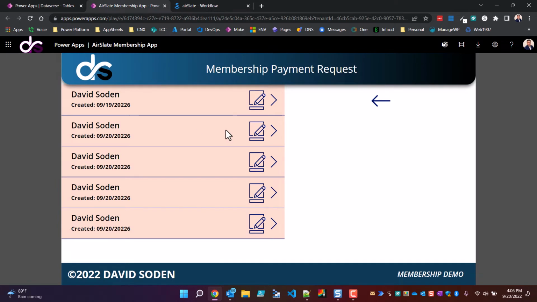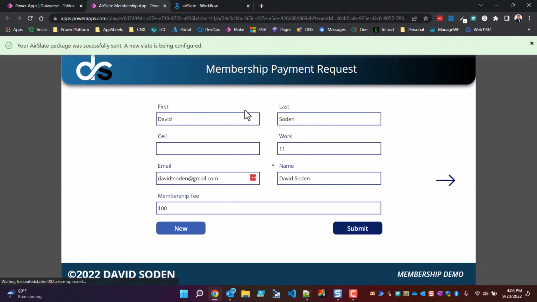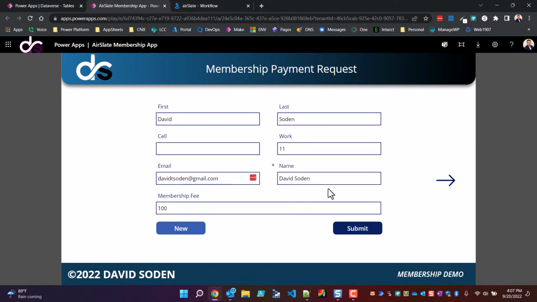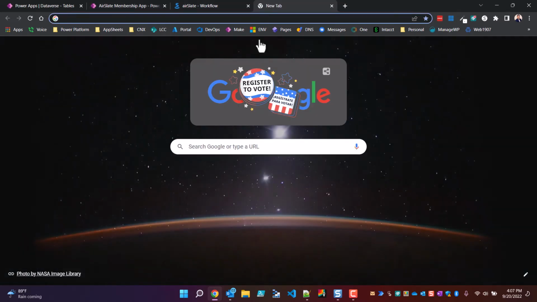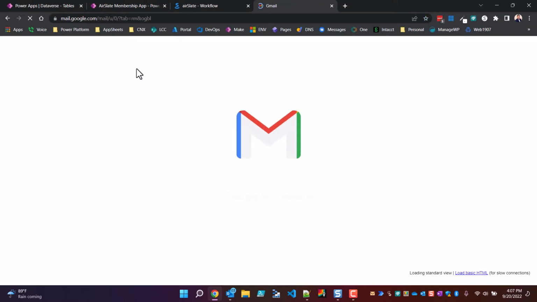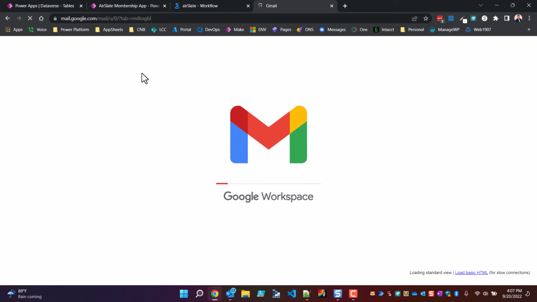So let's go through the process here. I'm going to click on this icon right here. And so now the dancing ants went, and it says your AirSlate package was sent successfully and a new slate is being configured. And so now here I am back out here at this form that I can fill out additional information again, and I actually messed up on the form. I should have reset my form, but nonetheless, with that error on my behalf in my programming and not developing that, let's go over here to my Gmail, where I should have received a mail invitation to sign this slate package,